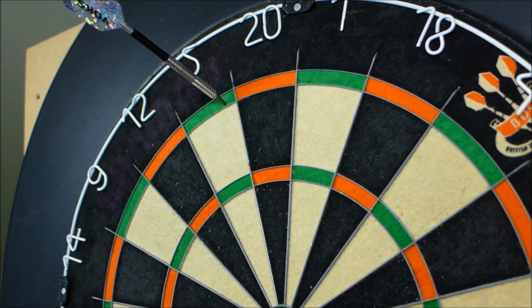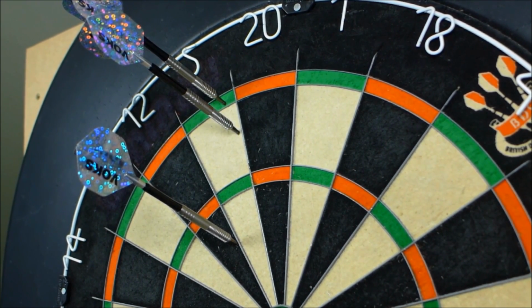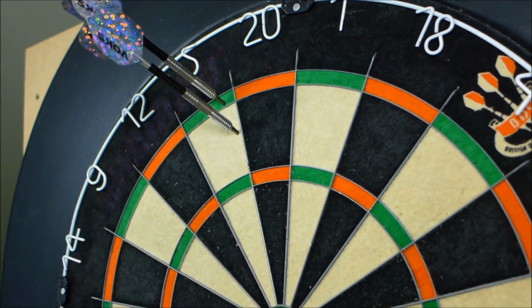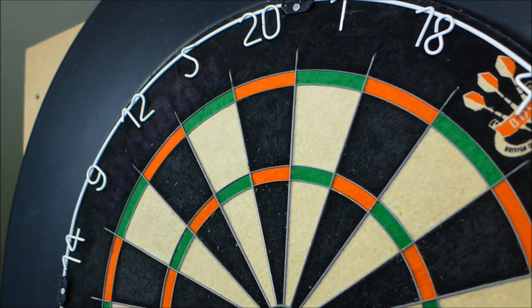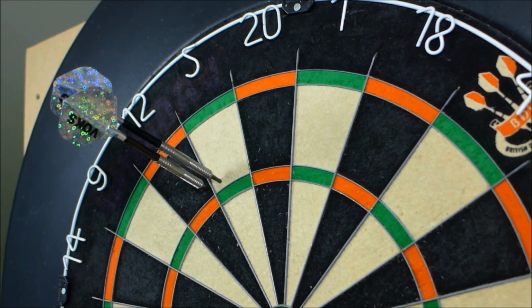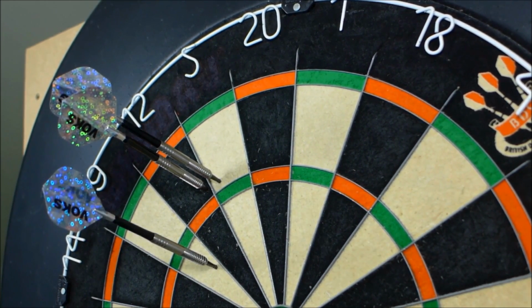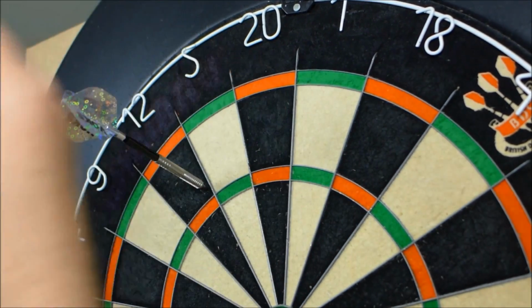A little bit too high, that one, and followed it up. That's it, it's not my natural grip. I'll give it one more throw from the rear. Yeah, I'm just not too great with it from there, but I suppose if you're a natural rear gripper, it's going to be okay. The only thing is,